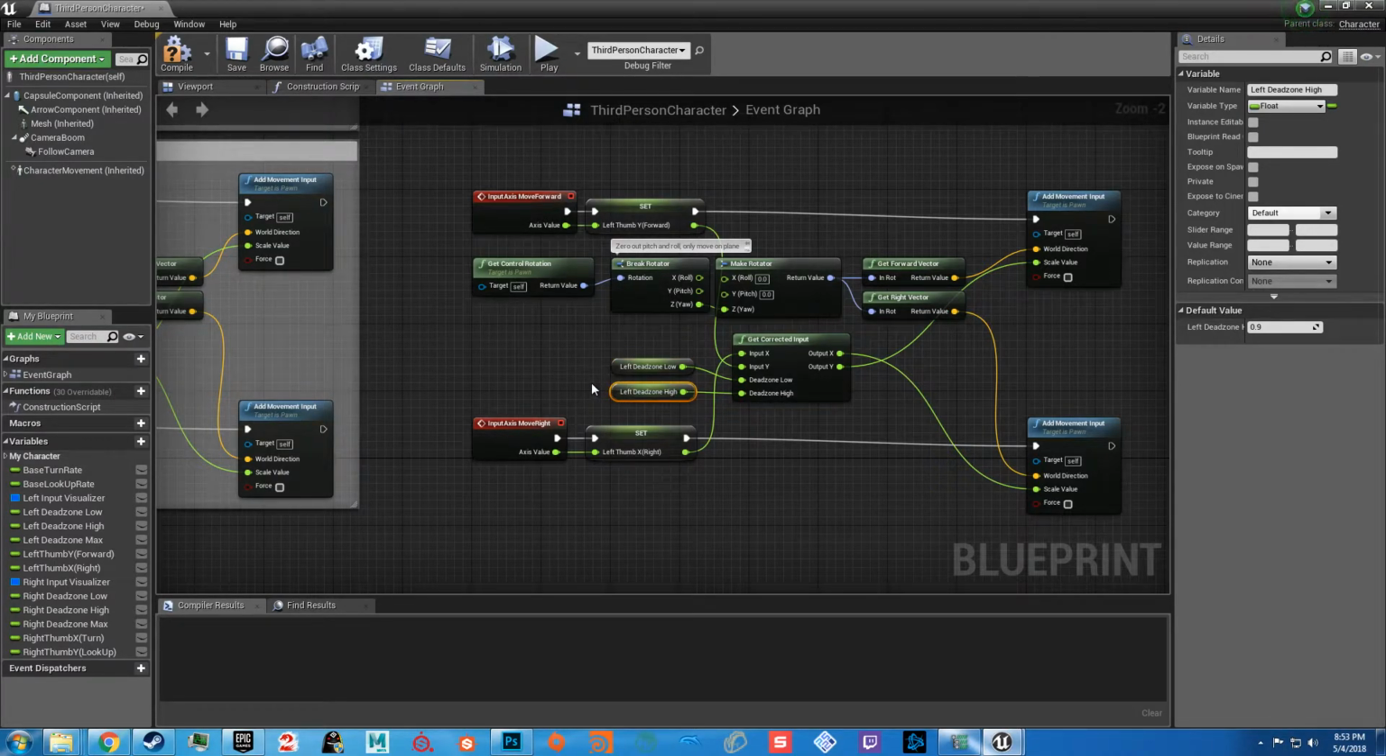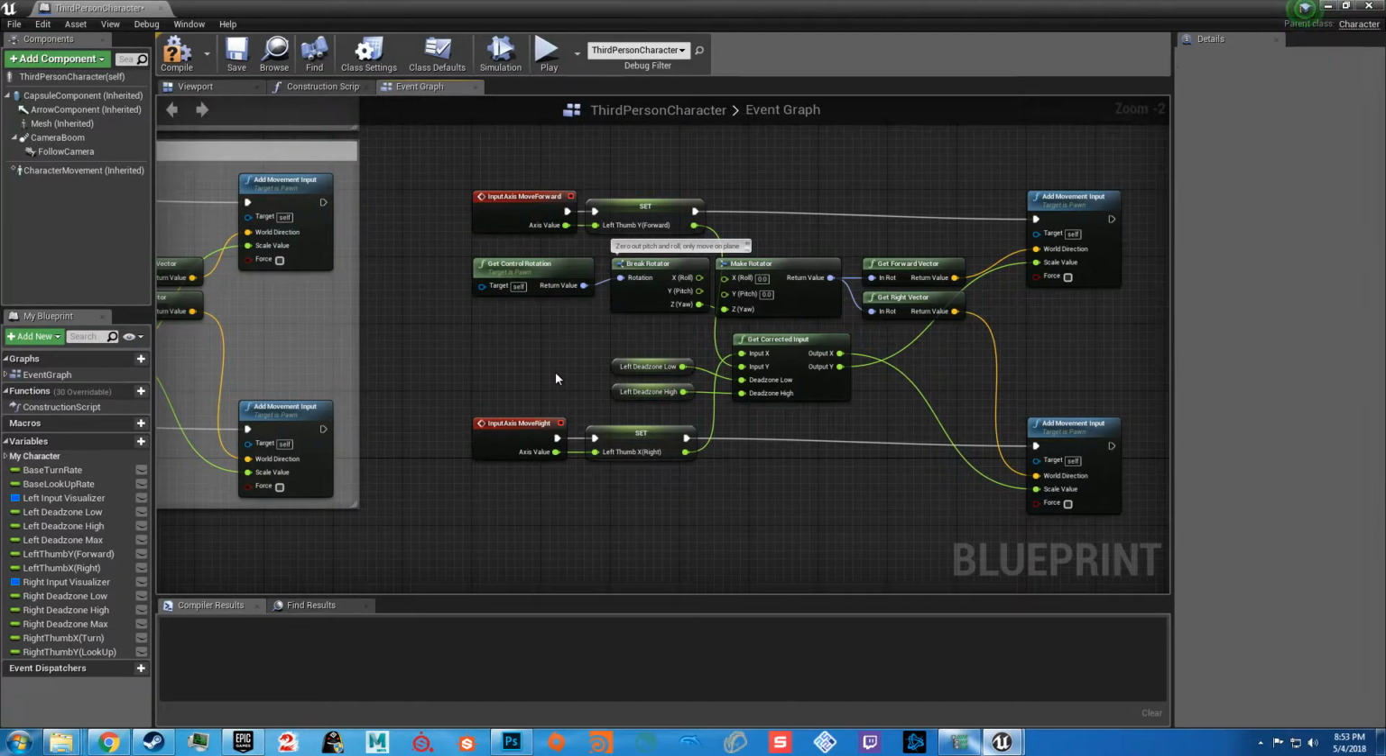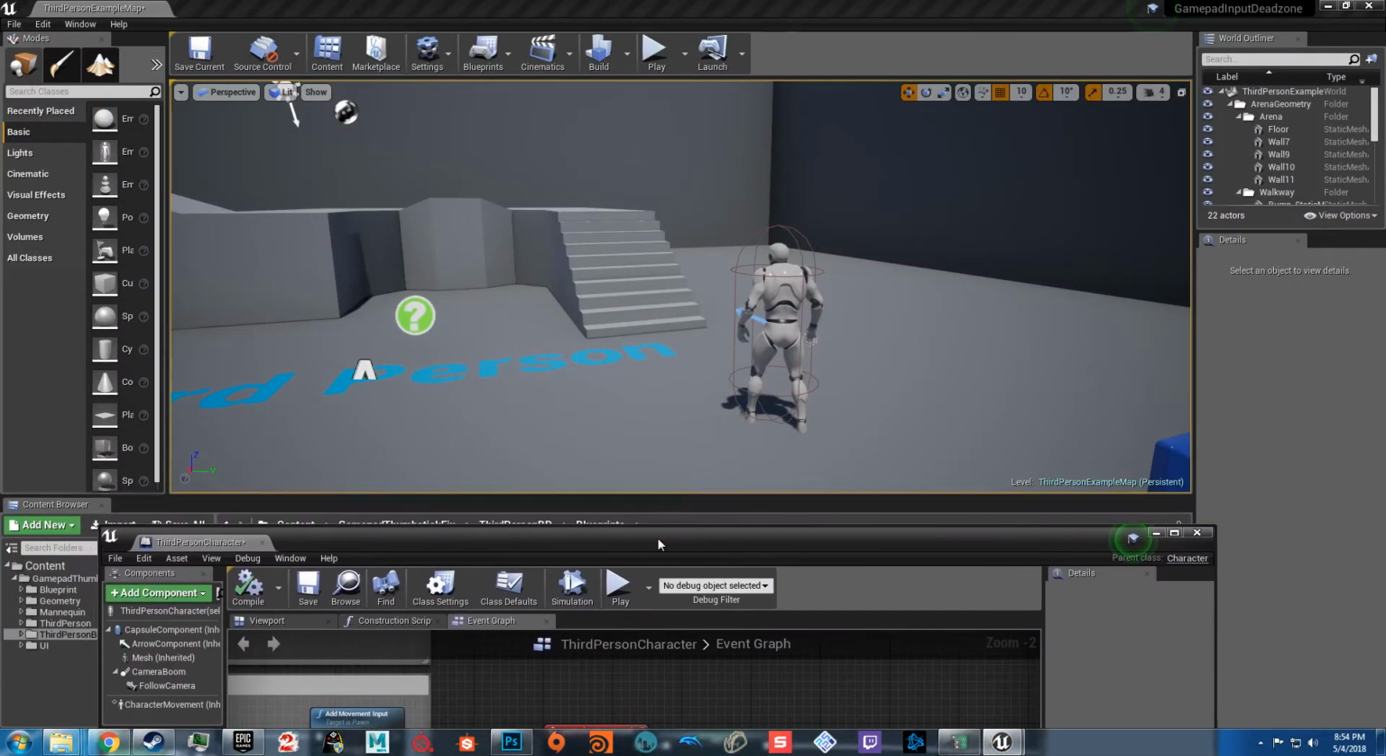Well, I'll explain the low range and the high range in a minute. It'll make sense with the UI. Actually, we can just show that off right now, so that I can explain it right now. Alright, turn on my controller,